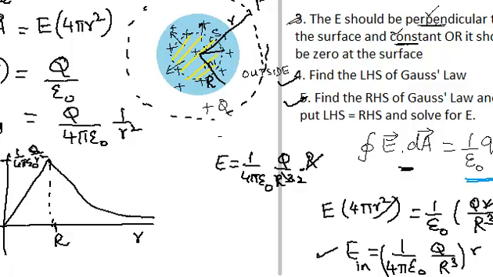The important difference, if you remember, with the conducting sphere is, inside the conducting sphere the electric field was 0, and outside it had a similar graph, because the field outside is as if the entire charge were concentrated at the center of the sphere. So you get the same field.